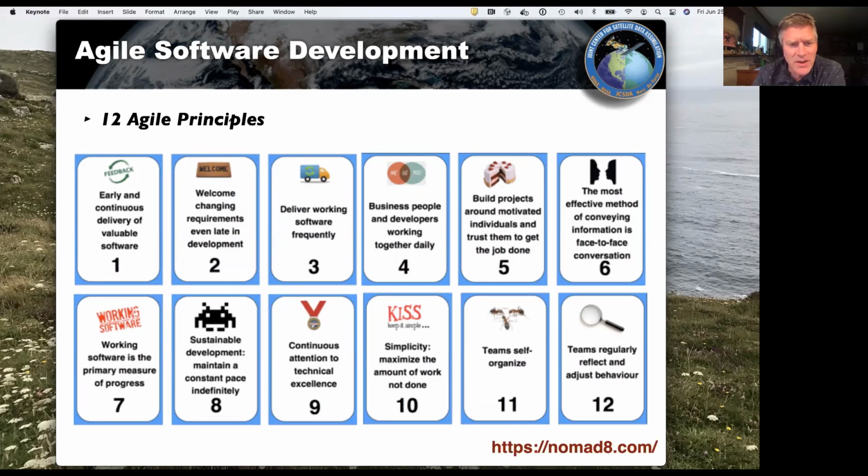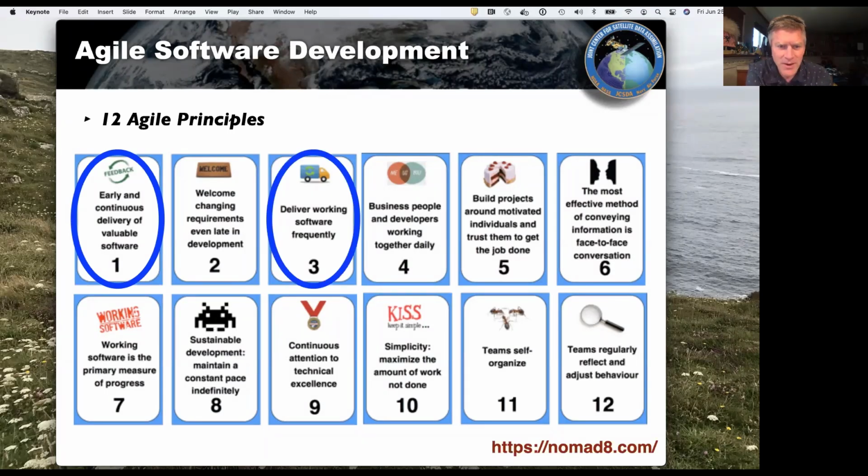But in general, loosely, there are 12 basic principles, according to some, on what an Agile approach is. I won't go through all of these, but I'll highlight some of them. There's early and continuous delivery of valuable software, deliver working software frequently, and working software is the primary measure of progress.